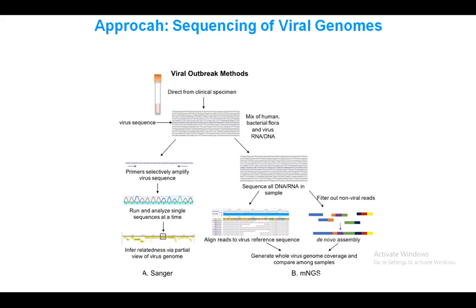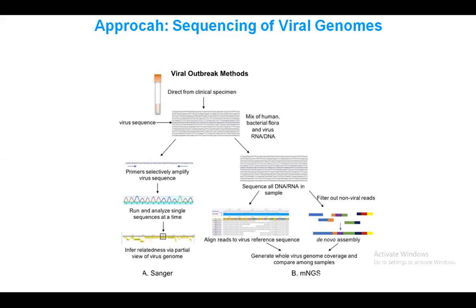In next generation sequencing, the approach is called shotgun sequencing. Shotgun sequencing means that all of the RNA material, if you're doing transcriptomics, or all of the DNA material, if you're doing genomics, is shattered into short pieces and sequenced. After sequencing, there's an additional process of mapping back to the reference genome so that you know where those individual short reads came from.